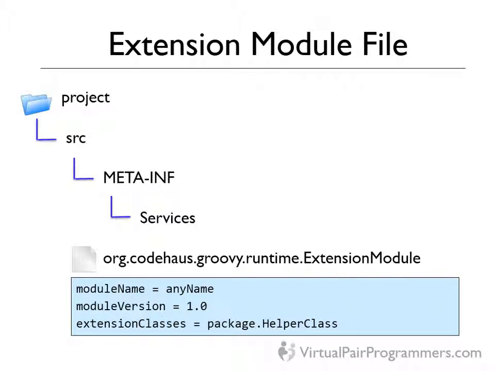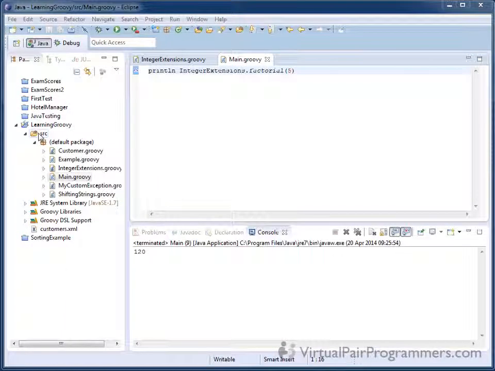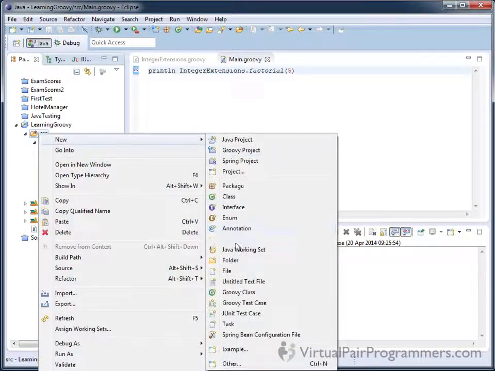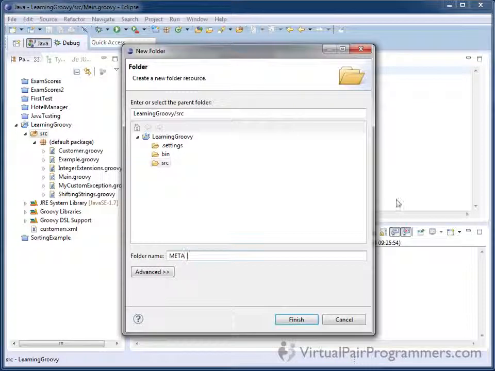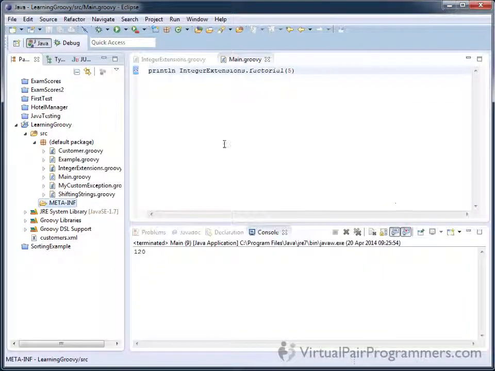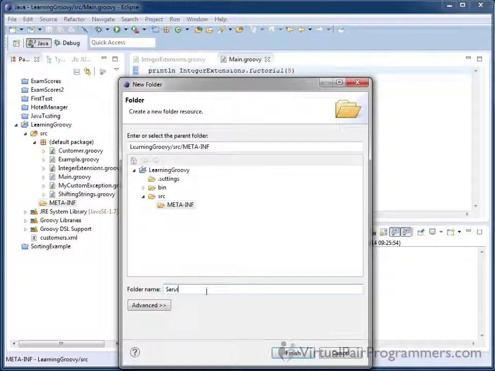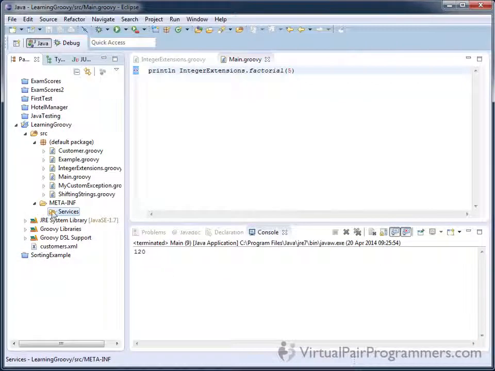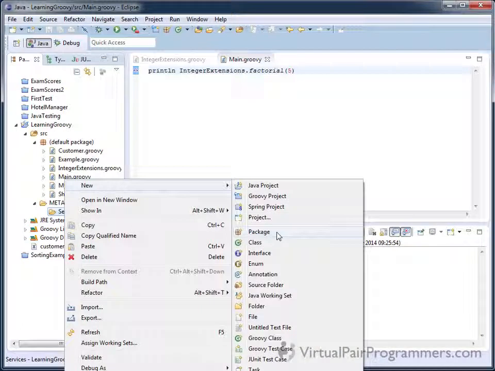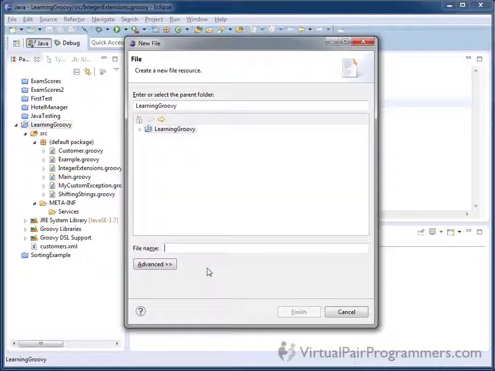So let me go and create the extension module now within my project. In my src folder, I first need a subfolder called META-INF, and that's all in capitals. Under that, I need another folder called services. And then within services, I can create my file. Now note that I'm clicking on a new file here, not a new class. So the file needs to be called